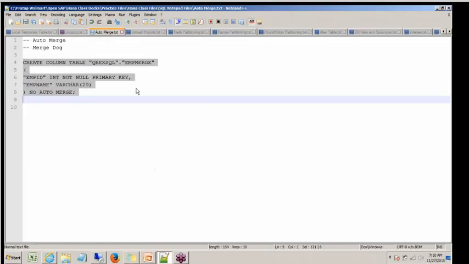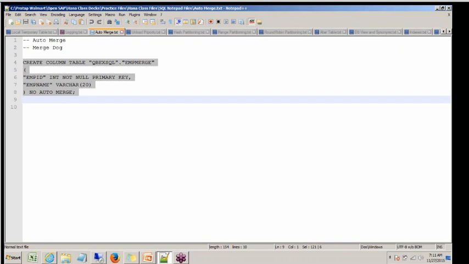And then auto merge. While creating a table, I'm not performing merging now. While creating a table, you can set up the table for auto merge or disable auto merge. When you enable auto merge, what does it mean? The column table will need a merging process to move the data from the delta store to what?